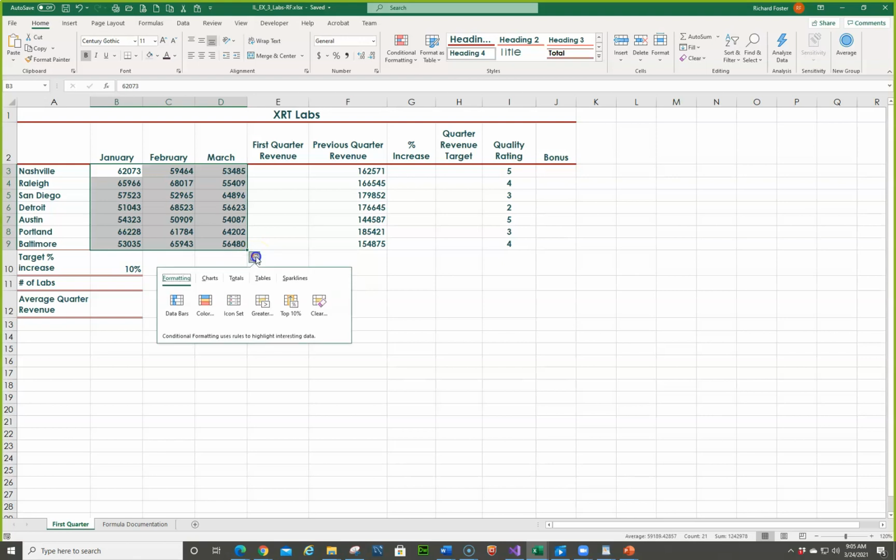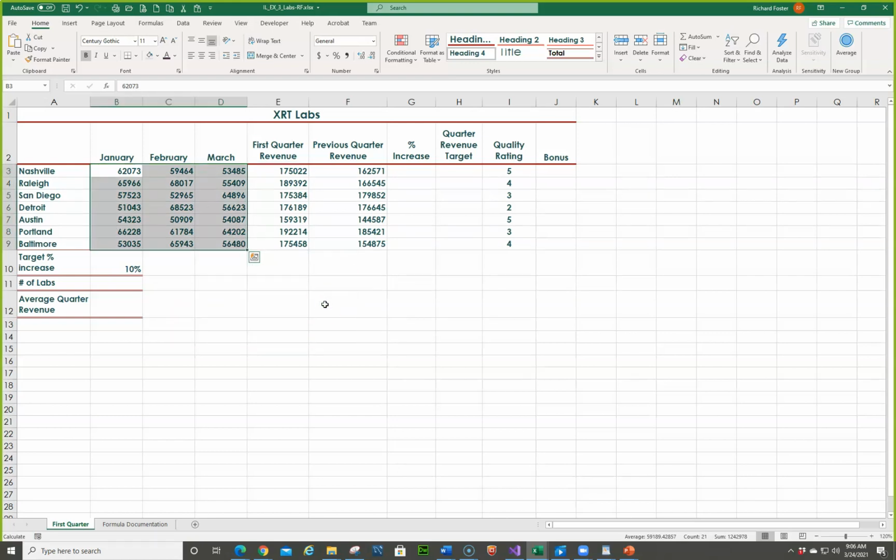In order to get the totals, we obviously have to go to Totals. Make sure you don't use this one, because it will sum below. We want to use this sum over here, and you can see the little blue over here. It tells you where the sum is going to be. And here you can see the yellow with the red border, so you can see that's going to be the sum on the right, and you can see it's actually filling it in before we even click it. Once I click on it, it's going to be permanent. So now we have the first quarter revenue in there,